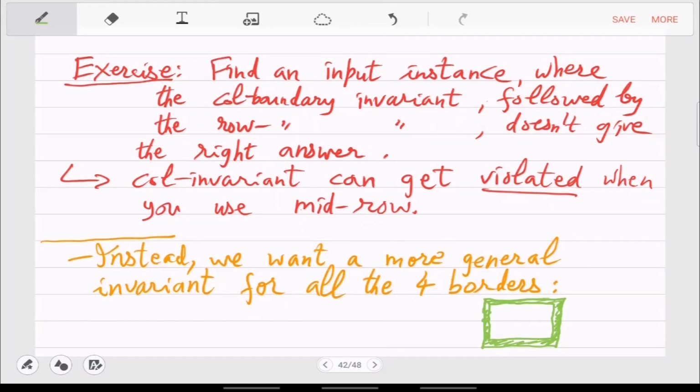So we want a guarantee, or the invariant has to be that when we move to, so what are the endpoints? So the endpoints here are left, right, and up and down.